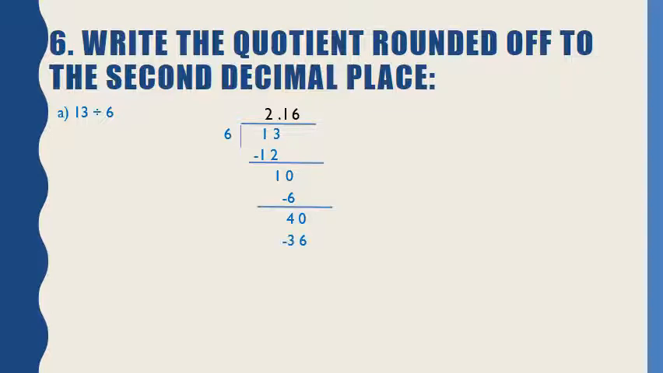6 6s are 36. So in the quotient we will write 6, and then 40 minus 36 is equal to 4, and again we will add 0 because we have to find out the quotient rounded off to the second decimal place. We have to do the division till the third decimal place. So again we will divide 40 by 6. 6 6s are 36. So 40 minus 36 is equal to 4. So now children, our quotient is